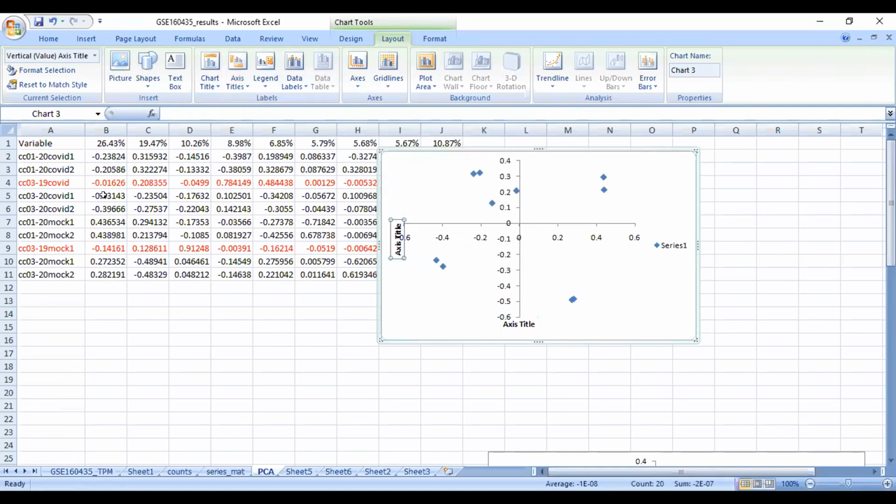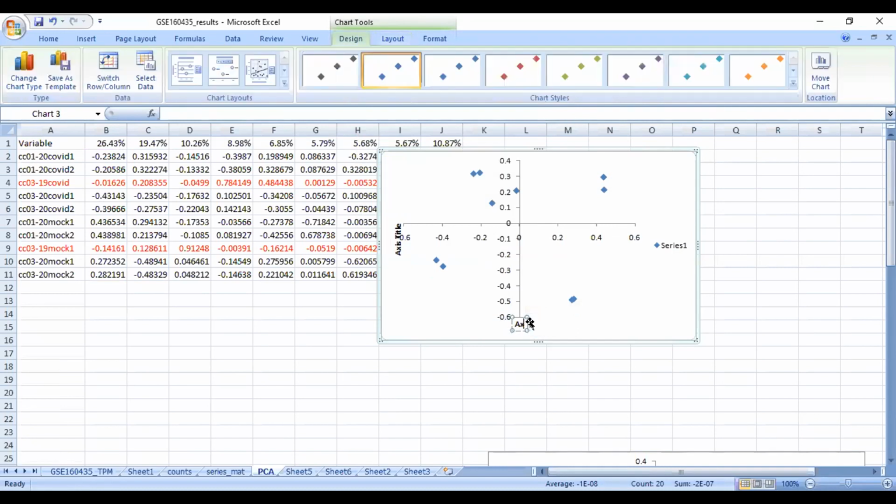Our x-axis in this data was PC1, that is principal component 1, and it represents nearly 26.43% variability in our data. Then this is PC2, which represents 19.43% variability in our data.